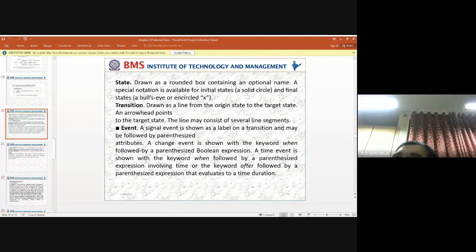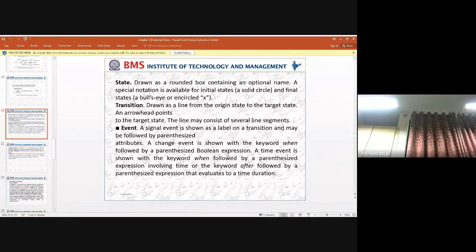If it is a change event, we use the keyword when with a boolean expression. If the condition in that boolean expression is true, then that event occurs, or else it is false.